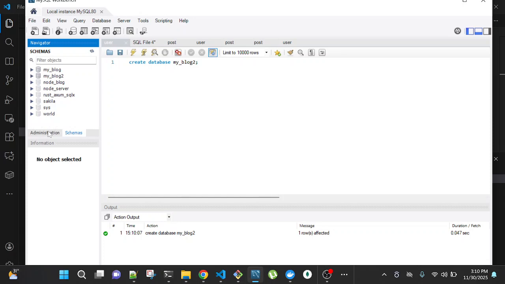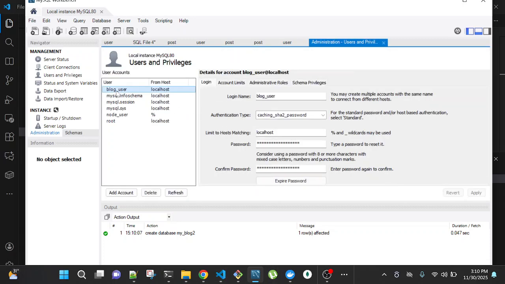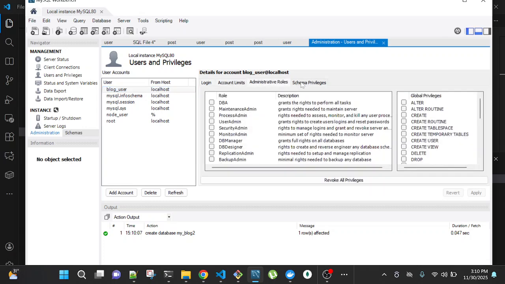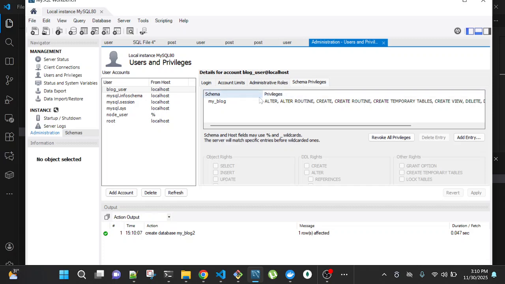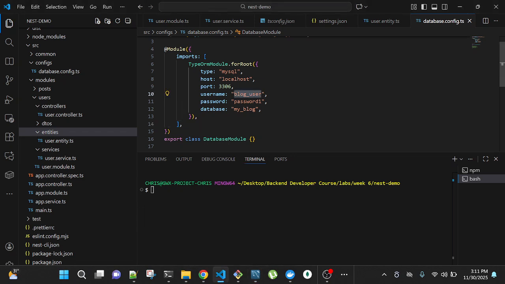So look at the user we used, blog user. Let me use root to connect to this, then my blog 2.